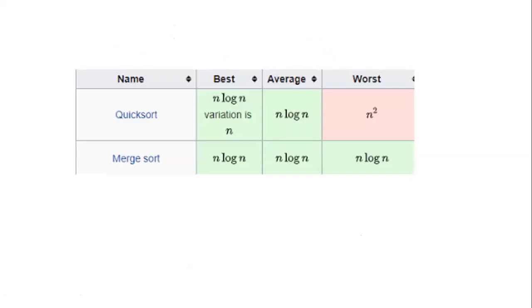And then coming to the efficiencies. For quick sort, the best case efficiency is n log n, the average case efficiency is also n log n, and the worst case efficiency is n square. We have derived the best, average and worst case analysis while doing the problem in the class. So now we will see the execution part.